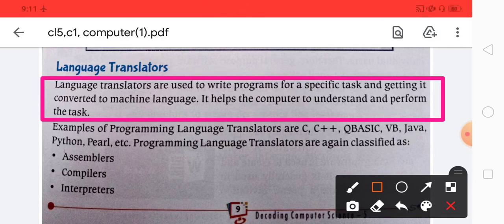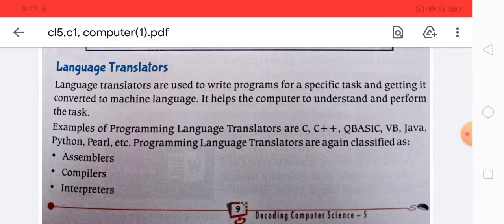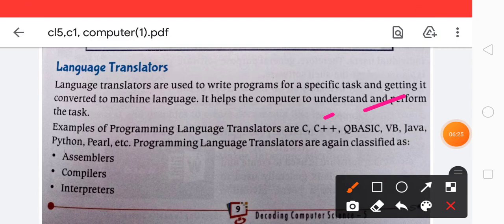Through these, programs are converted to machine language, and it helps the computer to understand and perform the tasks. The examples of programming languages are C, C++, VB, Java, Python, Perl, etc.